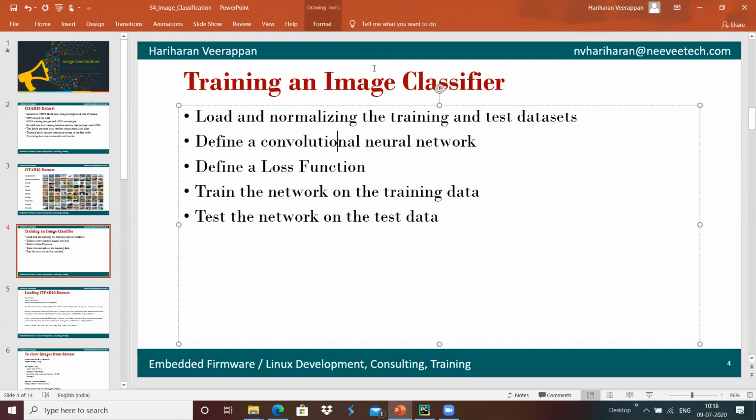data set, the training data set and test data set, over here. That we will see over here.